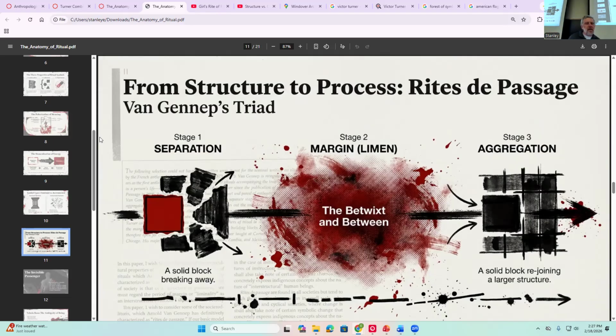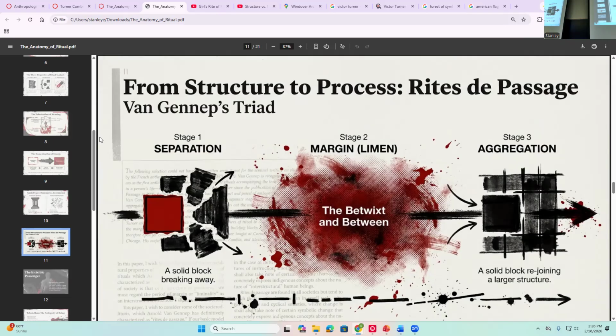And he draws on Arthur Van Gennep's early 20th century writing, 1909, 1910, about ritual, who says that within ritual there are these three phases: the separation, the liminality (limin, or the margin), and the reincorporation or the aggregation, right? This idea that most rituals tend to follow this specific process where you are in one state, then there's some ritual thing that happens and you are betwixt and between, as he likes to say, one state and the other. And at the end, you are reincorporated back together into your new state.